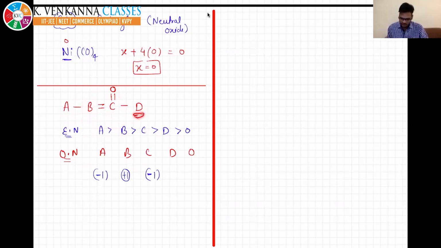If you check for D, it is having a bond with a more electronegative atom, and D is less electronegative. So less electronegative will get plus, right? So it will get plus. Now check for this one. This O, it is not oxygen, it is just O. It is having a bond with C, which is more electronegative than O. The compound which I have given is hypothetical. So in this case, C has more electronegativity than O. So C will get -2 if you break this bond, and O will get +2.